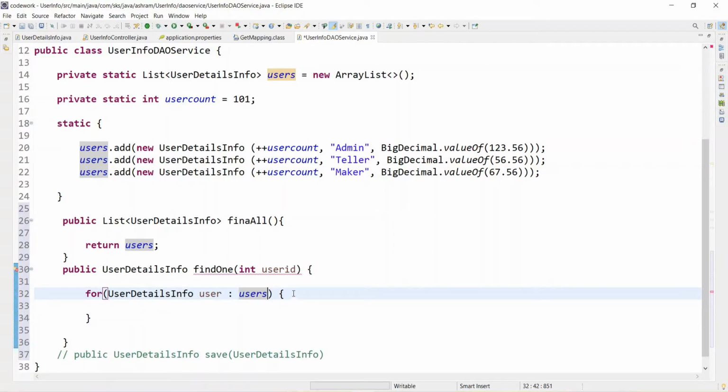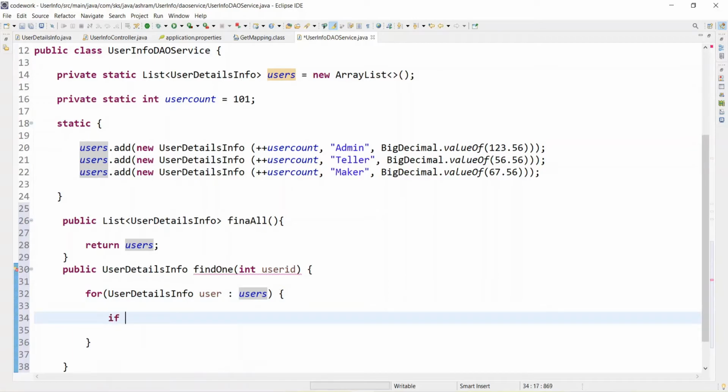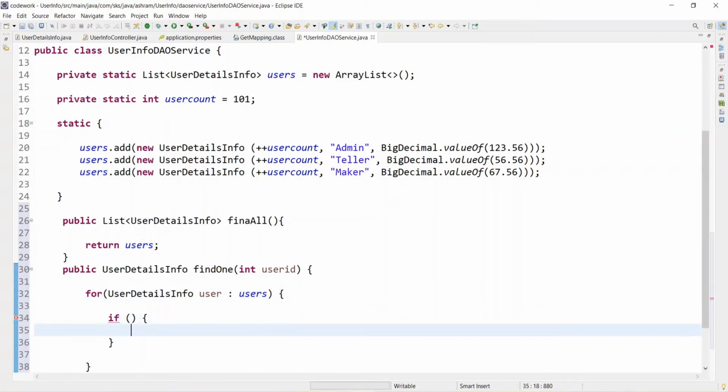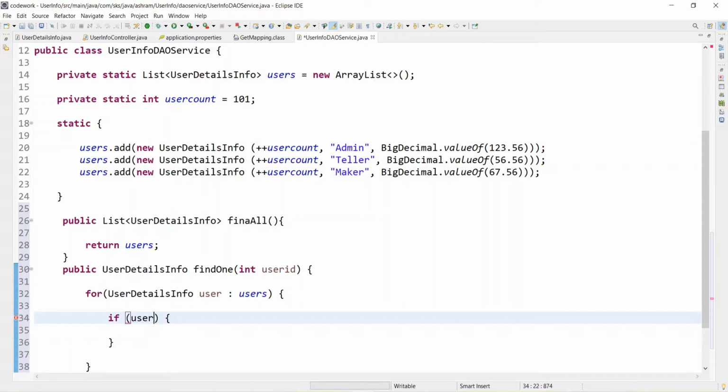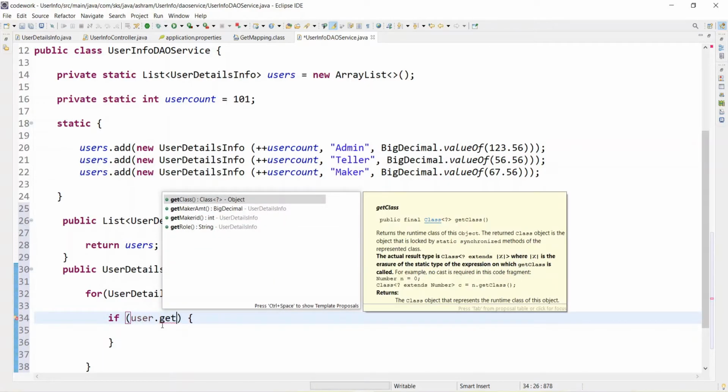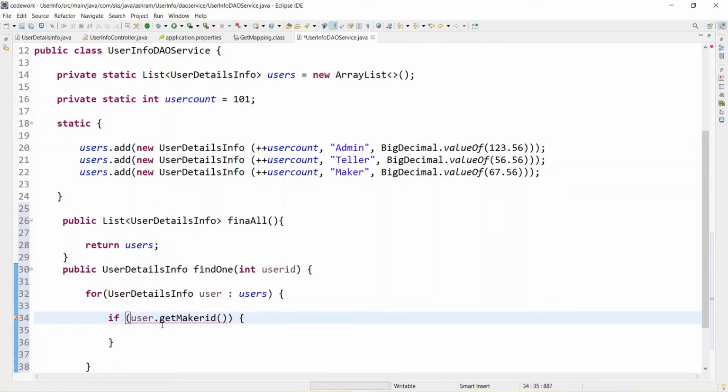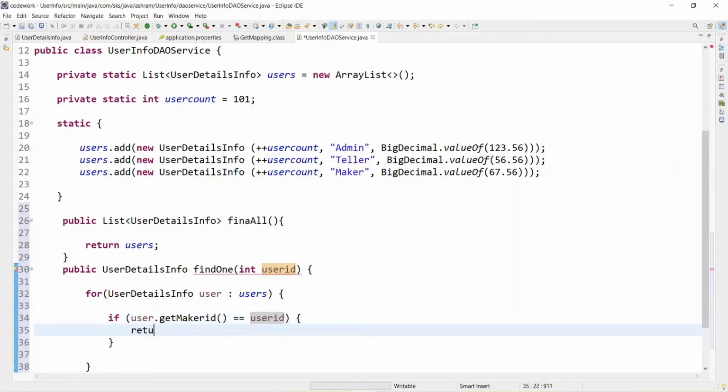And inside that, let's say if this user dot get user ID, the user ID is the maker ID, is matched with this user ID, then return this user.